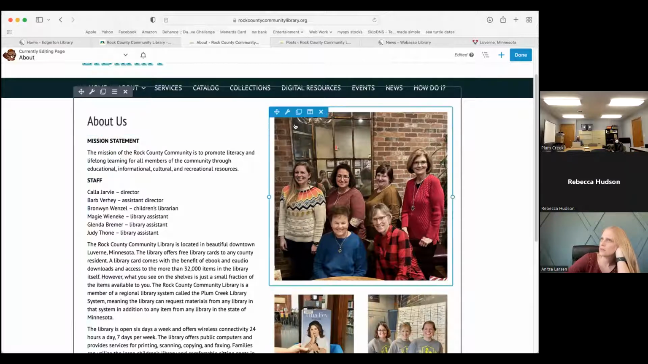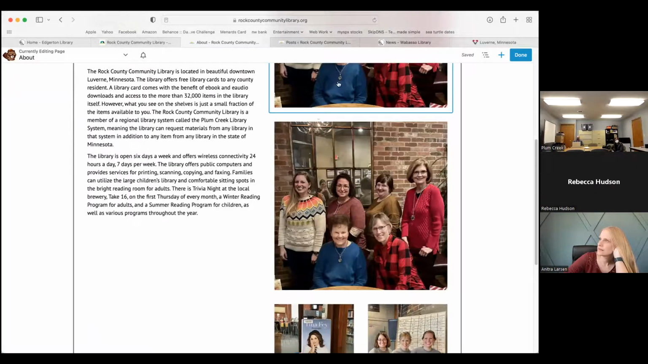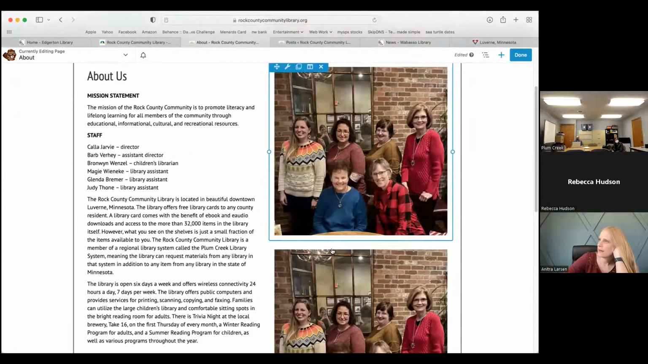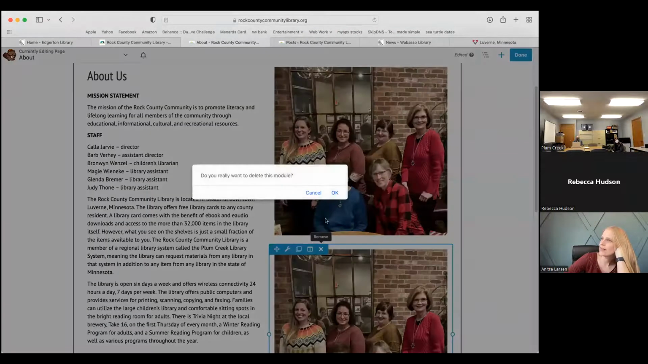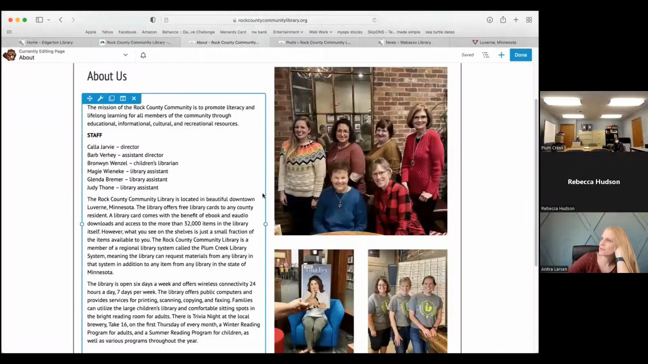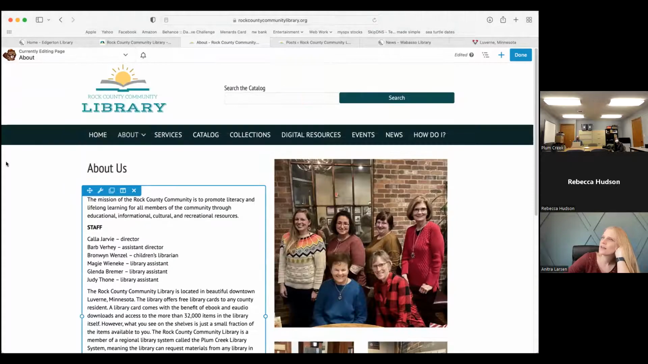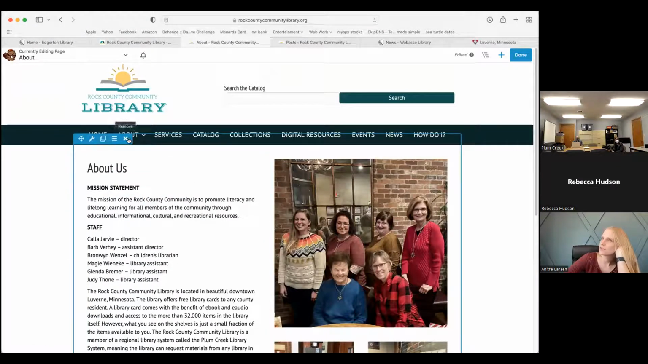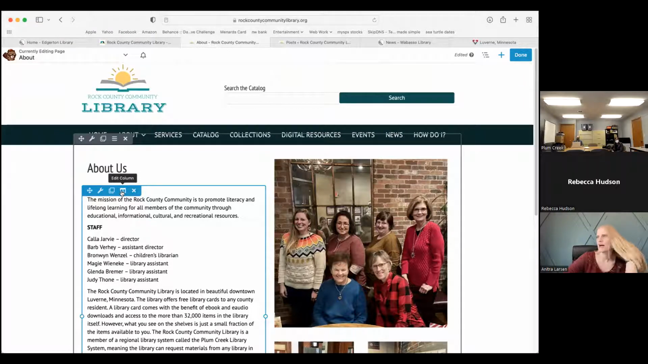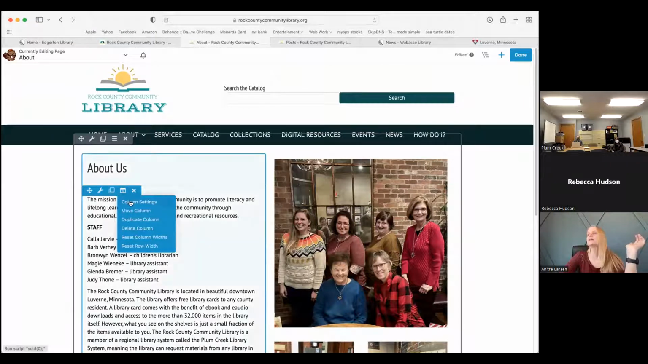So let's say we want to duplicate this picture shape. I'm going to click duplicate. It makes an exact copy of that module below it. The last button, the X, removes whatever module you're hovering over. If you click the X in the row, it would remove the entire row. And then the fourth option over in the module is your column settings. So if we wanted to edit column,